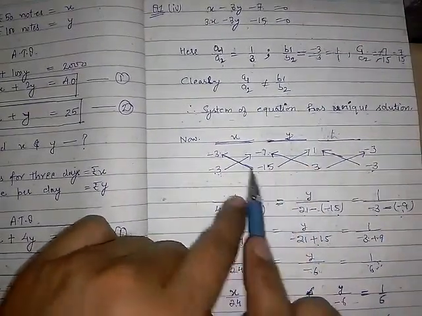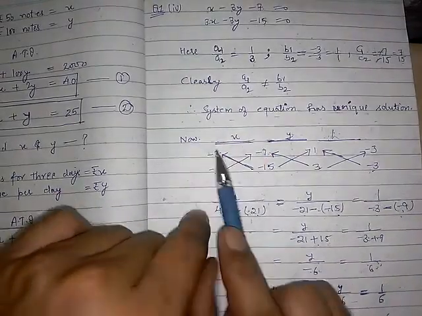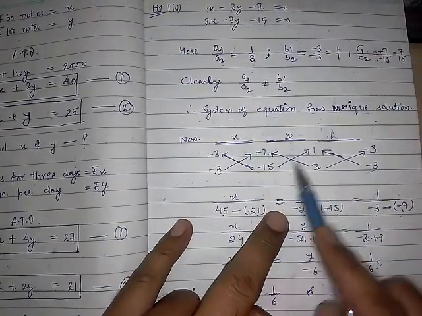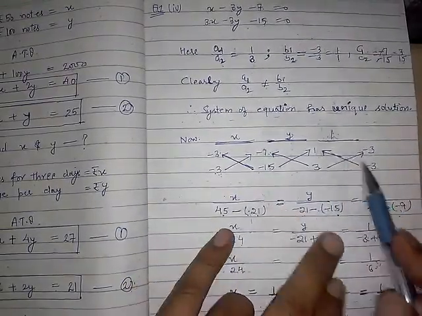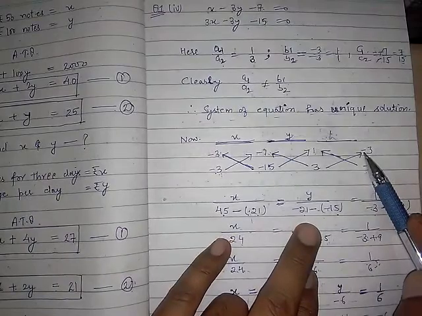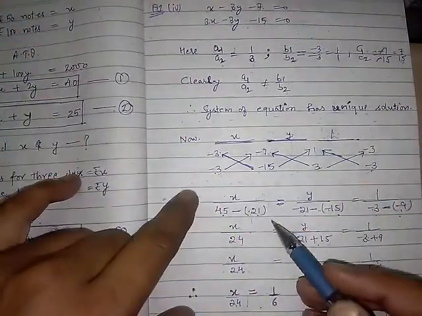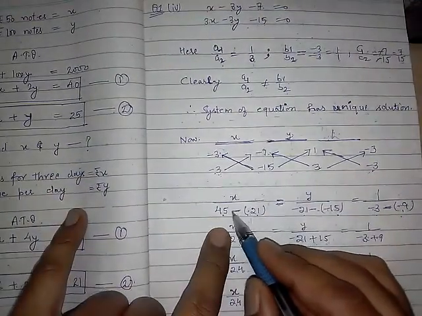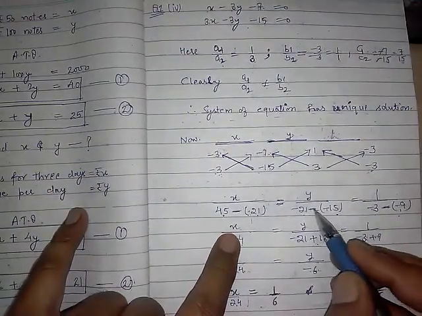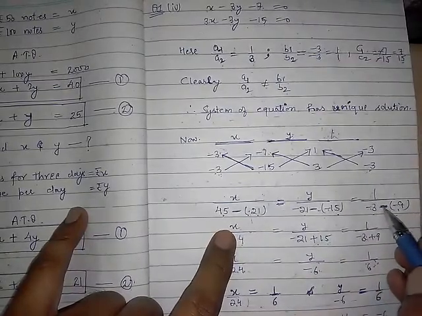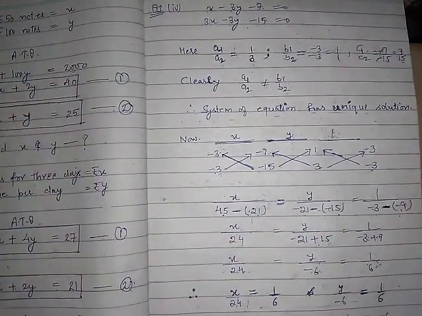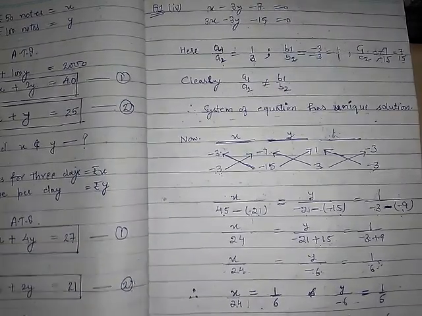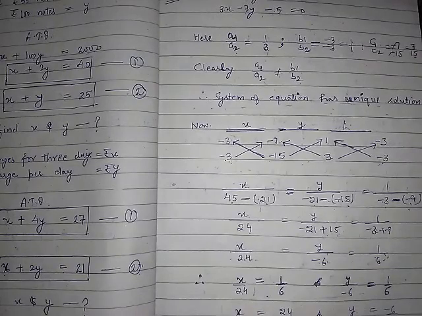Clear? First of all you will multiply these terms, then after that minus this into this. Okay, then y upon this into this minus these two terms. Then after that 1 upon this into this minus 3 into minus 3. So the only thing you have to take care of is the writing skill for this step, and you need to remember here is the negative sign. Many times students place a positive sign here, so there is a mistake in the numbers. Okay, so this is all about your question number 1.